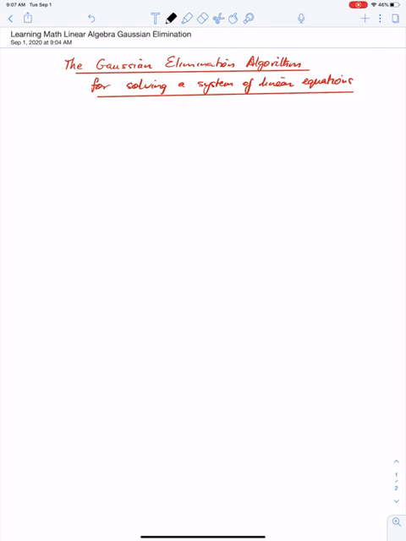Welcome to Linear Algebra. Today we will learn the Gaussian elimination algorithm for solving a system of linear equations. So let's begin by making clear what we mean by a system of linear equations. A system of m equations in n variables is written as